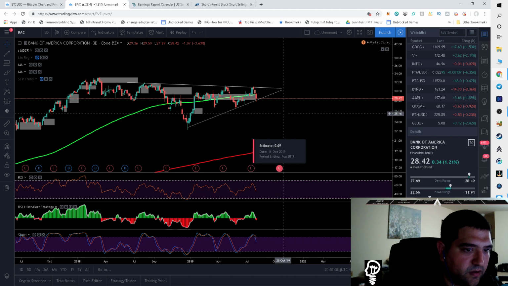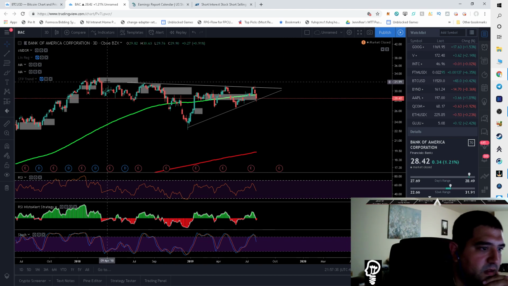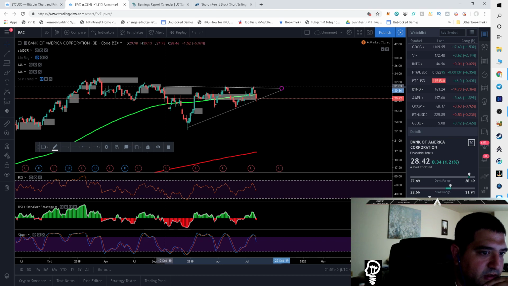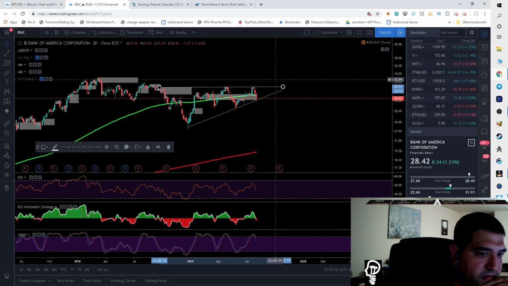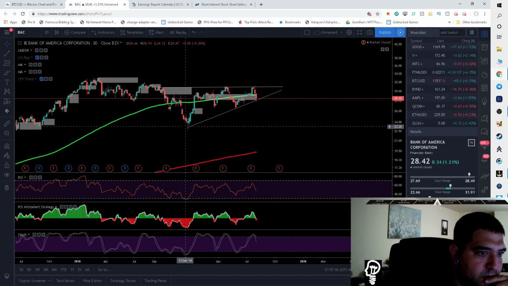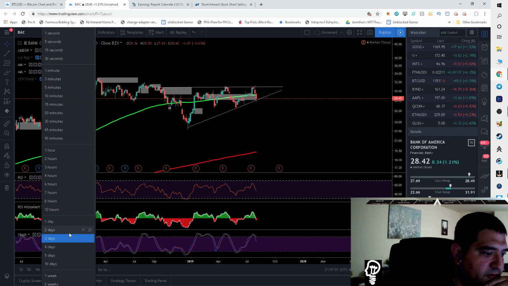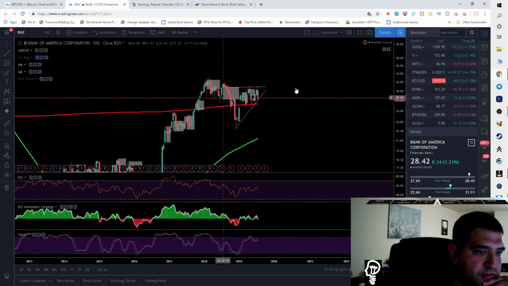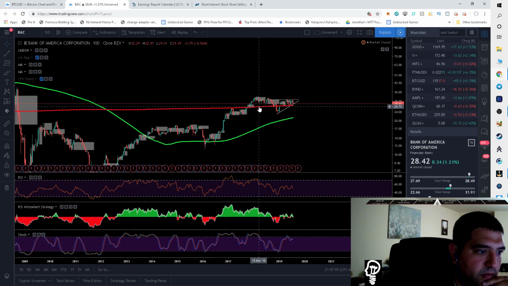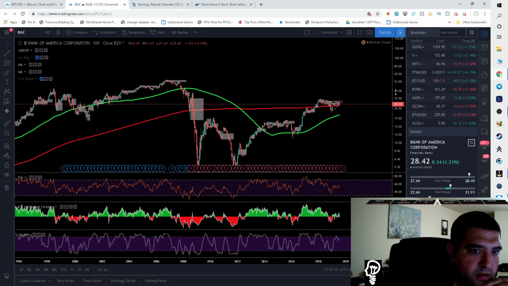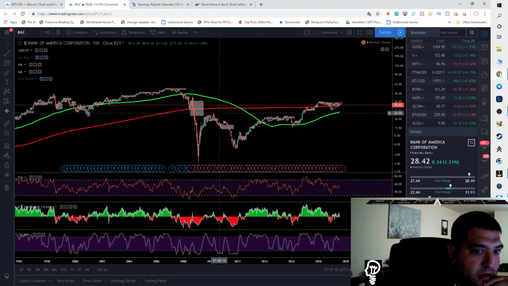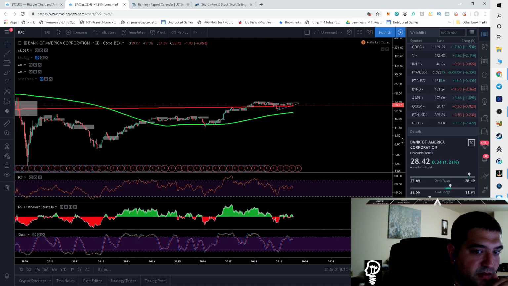Their earnings are in October. Now this to me, I mean, this could be an ascending triangle, right? Let's see more of a bigger picture. Where are we? What are we doing? I mean, you could argue that this is